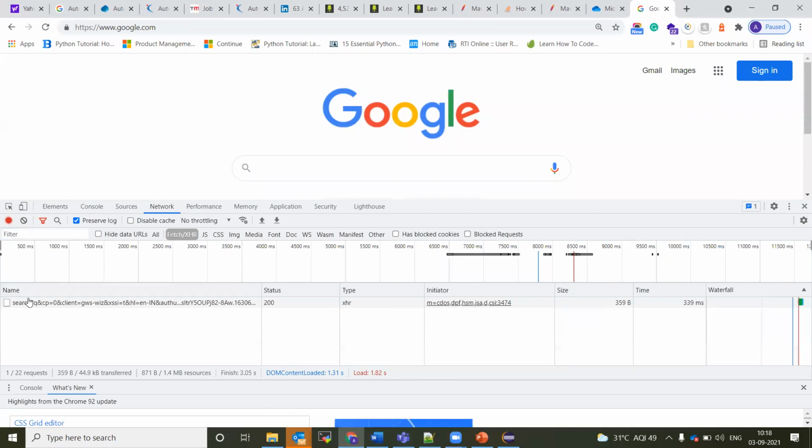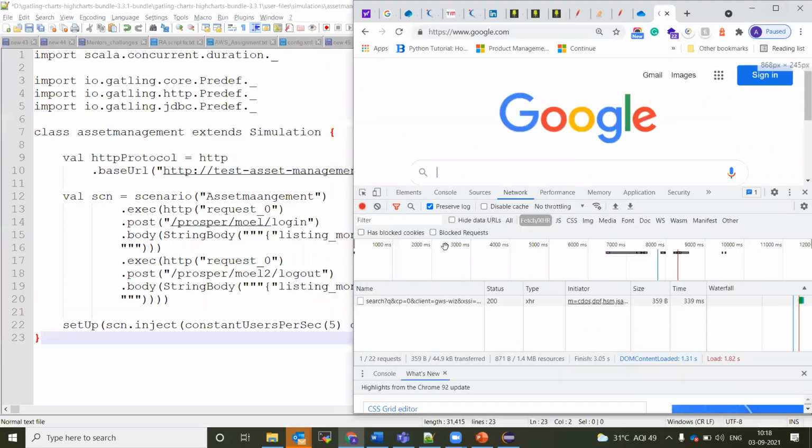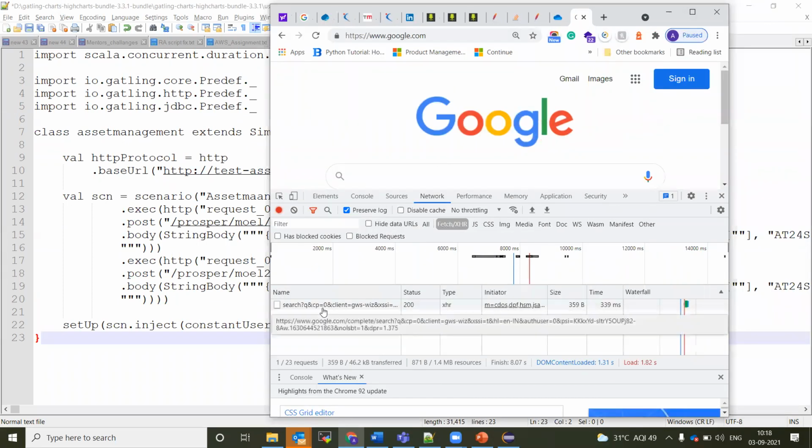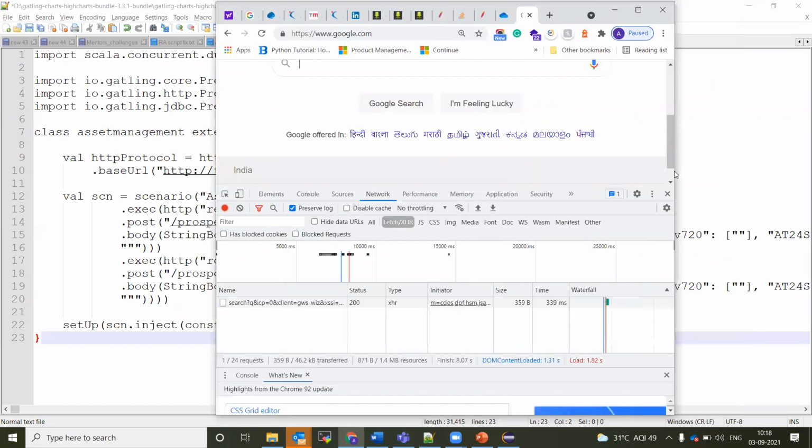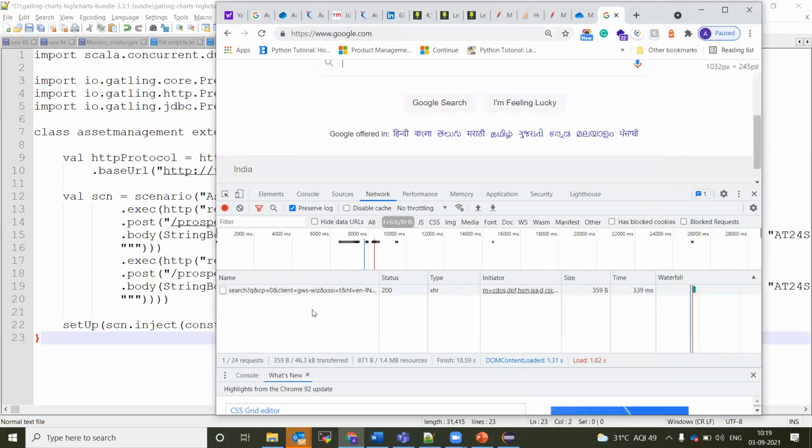Where am I missing it? Again now. Whatever you post in the browser URL is always a get method. I just want to show that to you guys.